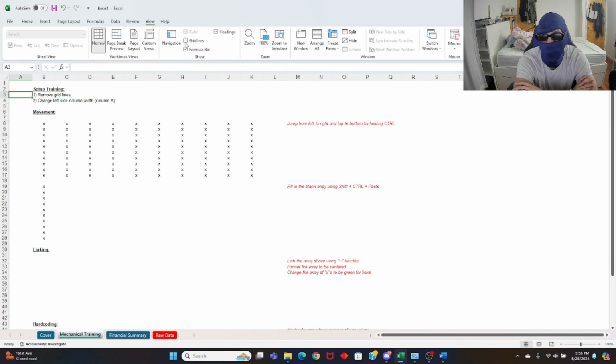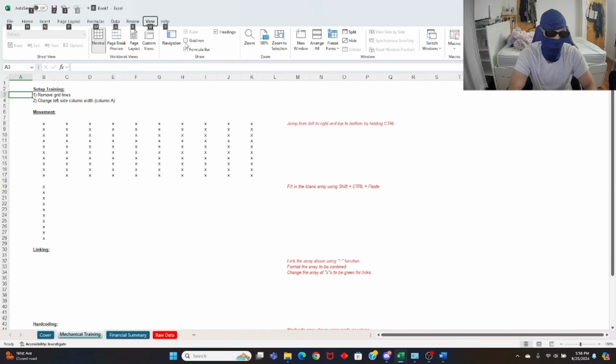So 1 blank column. Some people leave 2, some people leave 3. It just depends on preference. But for the purpose of this video, we're going to leave 1 column. But you don't want this column to stretch all the way out, right? Especially sometimes when you're leaving 3, then you have the rest of your sheet to the right-hand side of your page. So you want to shrink this column.